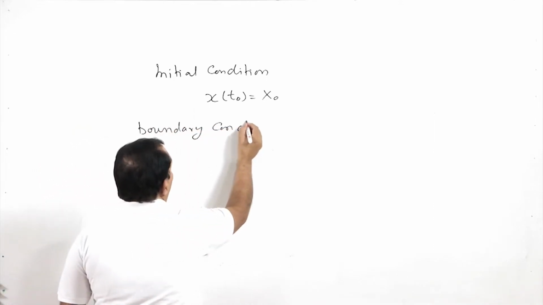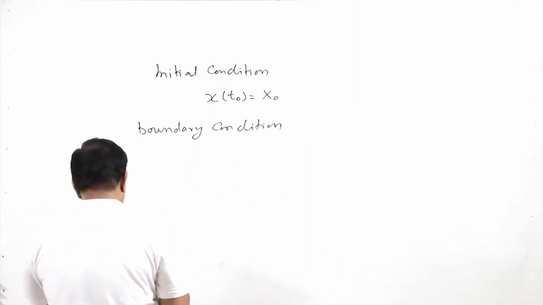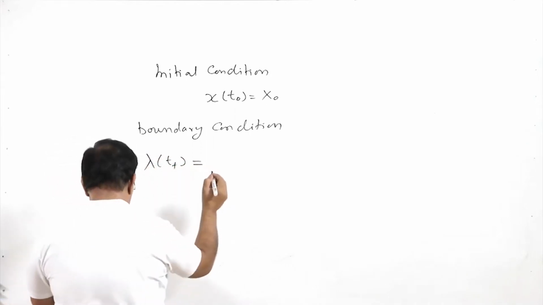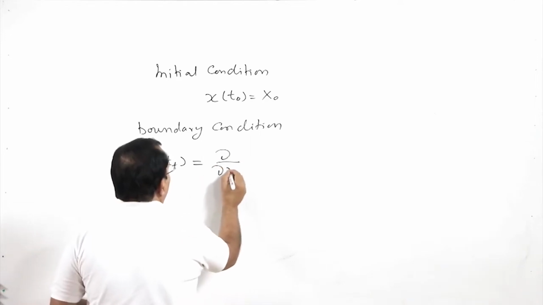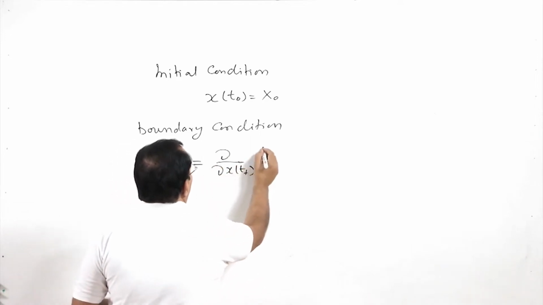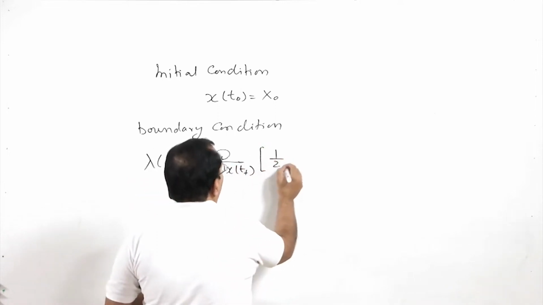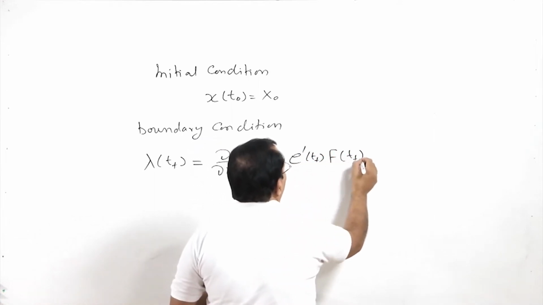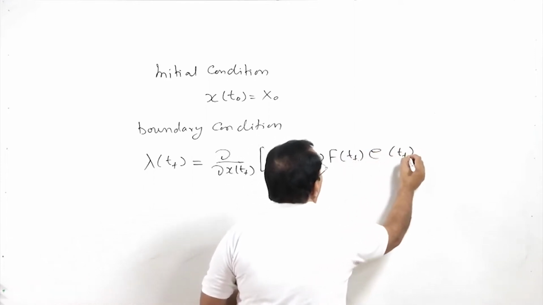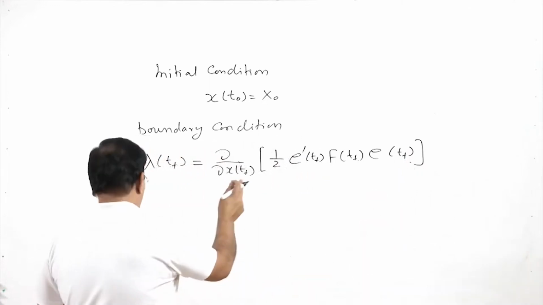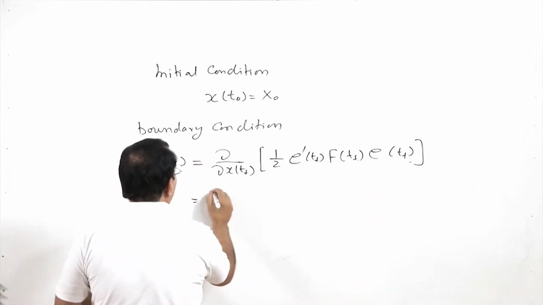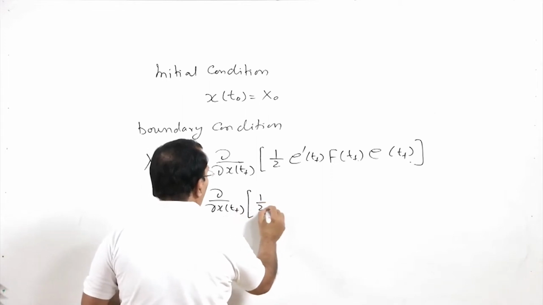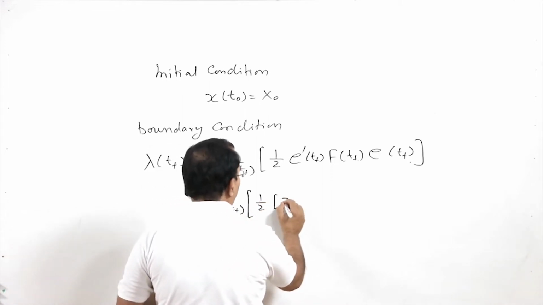So, my boundary condition will be lambda of T F, with my terminal cost being half of e prime F of T F e of T F, and e is nothing but my Z minus